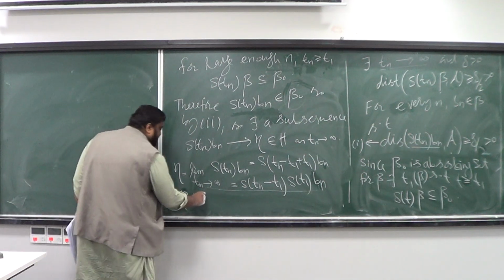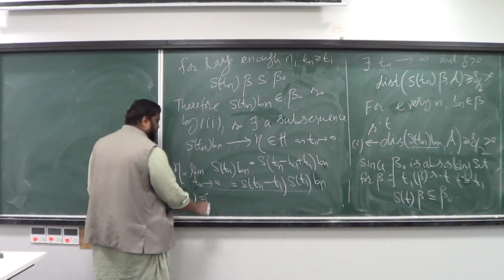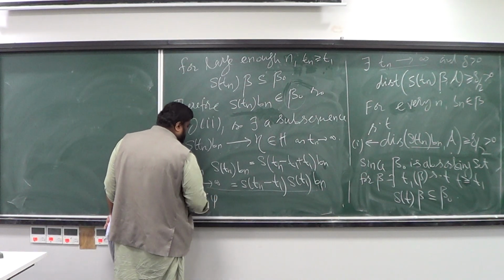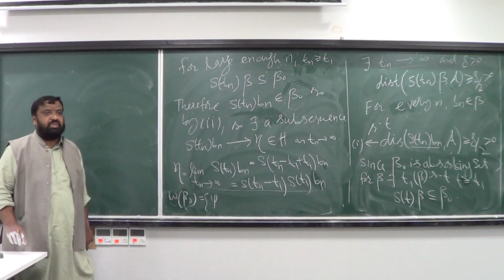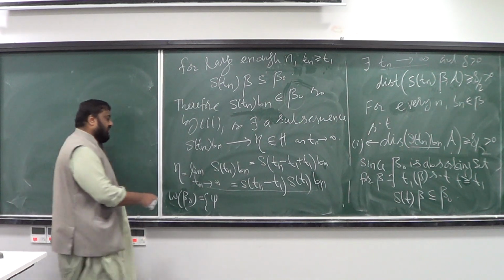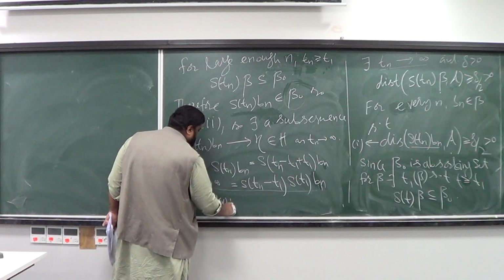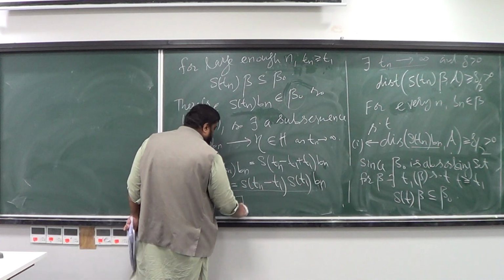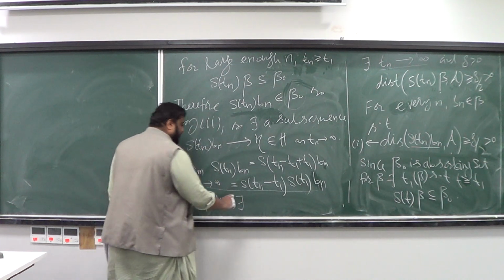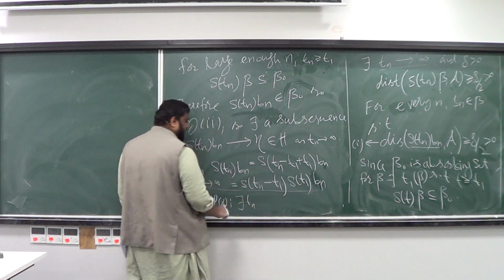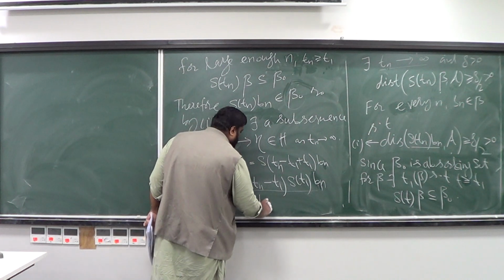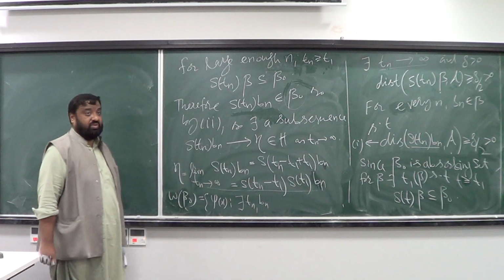The omega limit set of B naught consists of those functions psi, functions of the space variable x, for which there exists a sequence Tn and there exists a sequence Bn